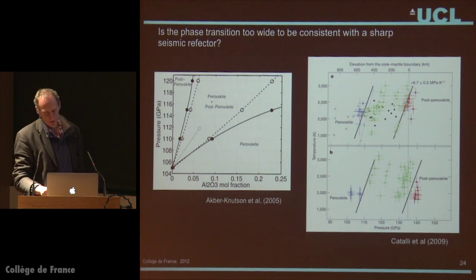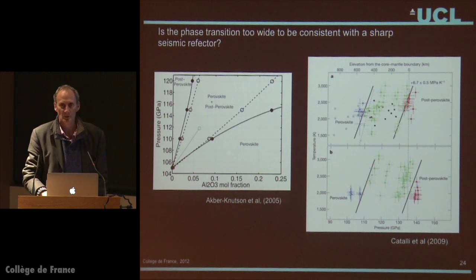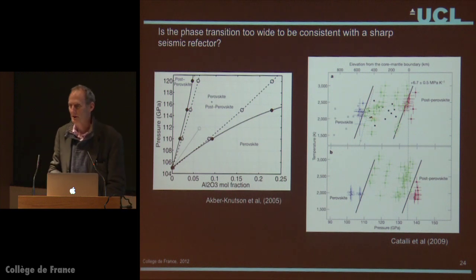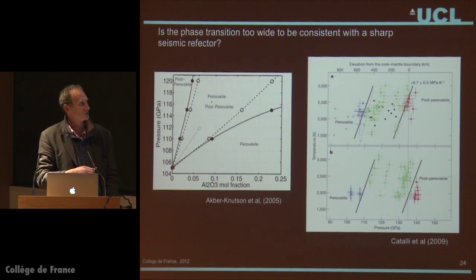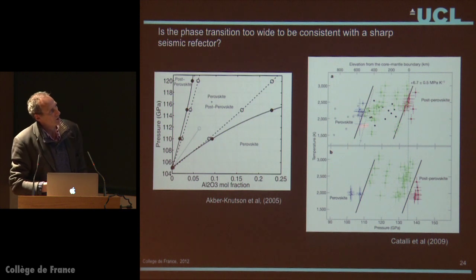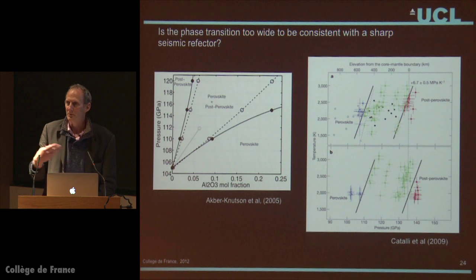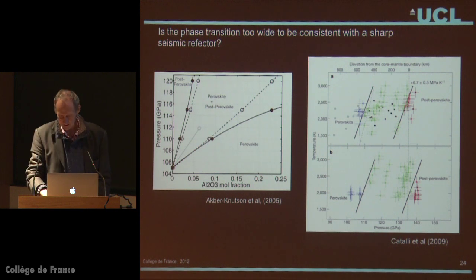We also argued, and we're going to hear a little bit more about it tomorrow, I'm not so sure about that, but we've heard a bit about the post-perovskite to perovskite boundary and how wide it is, and whether it happens in the lower mantle at all or whether it happens in the core. One of the ideas is actually it's rather wide, and so you would have a problem seeing it with reflectors,